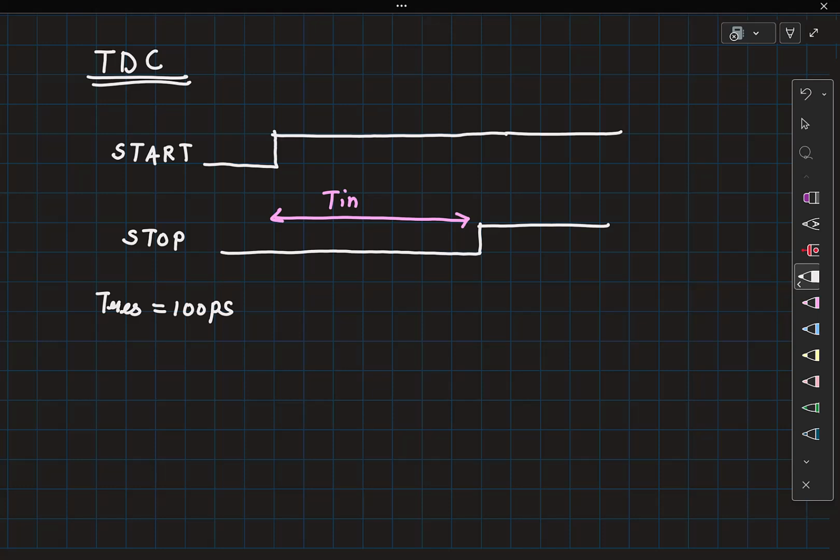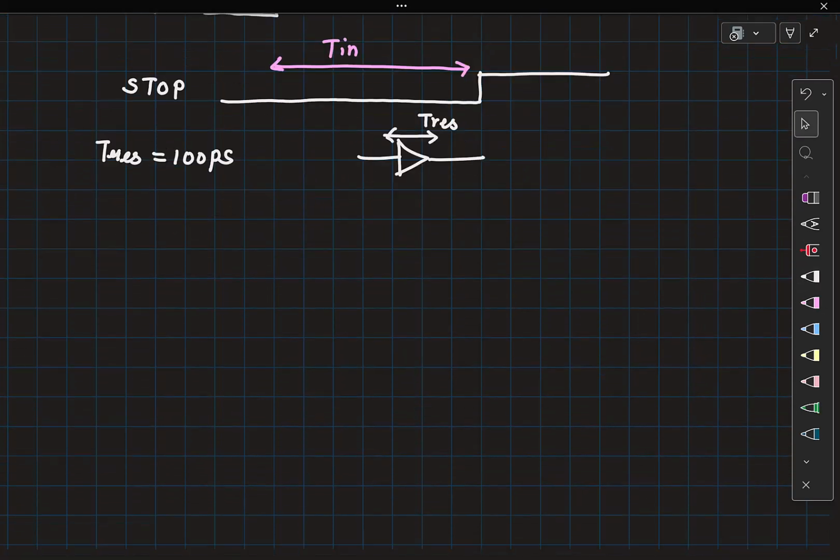So the problem statement given to you was, if you had a buffer whose delay was the same as the resolution that you had to measure this time interval with, is there a way to implement this TDC? Right? What does a TDC do? It is going to measure some time interval and give you a digital code that corresponds to this time interval.